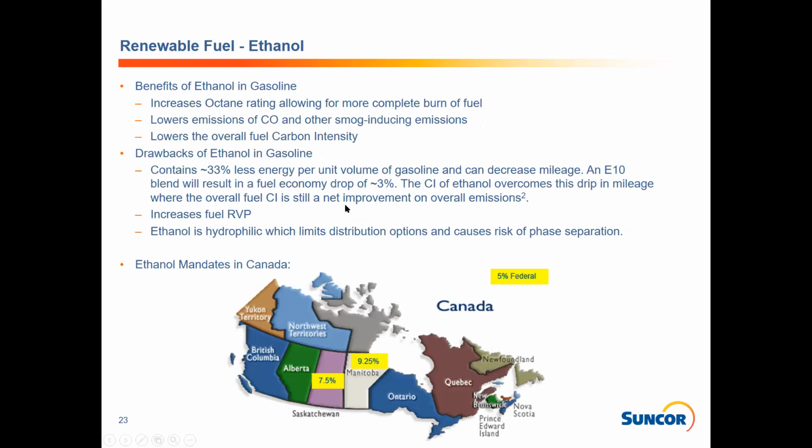Benefits of ethanol gasoline: it increases octane rating for more complete burning of fuel, lowers emissions, and lowers overall fuel carbon intensity. Some of the drawbacks: it actually contains less energy per unit volume of gasoline, and it does decrease mileage. But the overall carbon intensity benefit overcomes the drop in mileage, where the overall fuel CI is still a net improvement. Ethanol does increase gasoline RVP, so we have to be mindful of that while we're producing gasoline prior